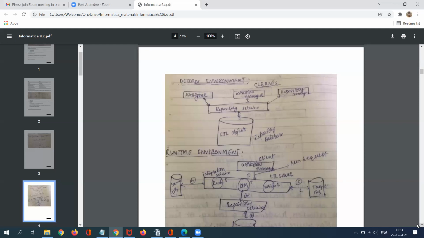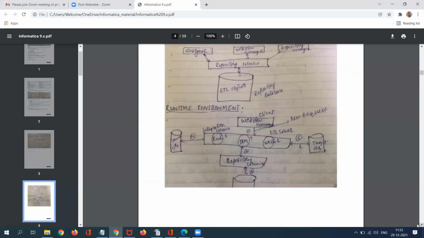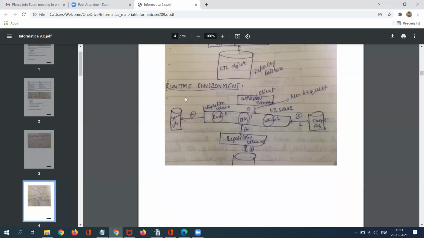Once you have created everything and it looks good, you can go and run your mapping with the help of a session on top of your workflow. Whenever we are going to run, it means that from source to target, we are loading data. Here we have database sources. All sources are available in my database. From here to here, the target database, we are loading data as per our requirement.